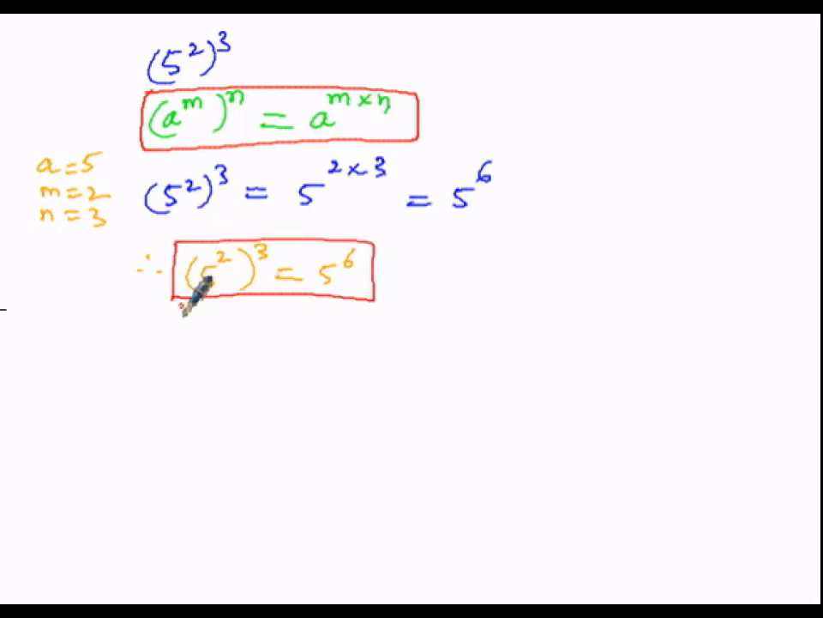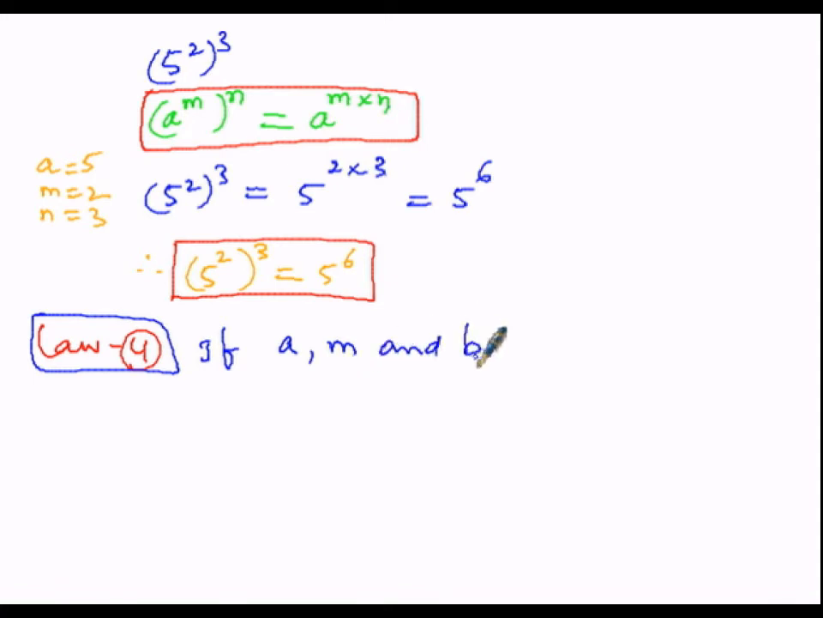Then now let us go for law number 4, in which if a, m and b are positive integers, then we have